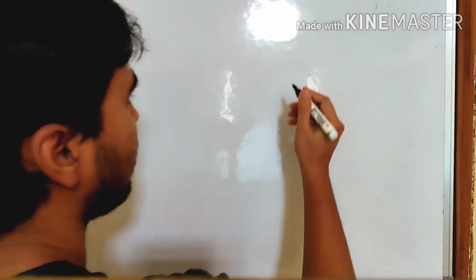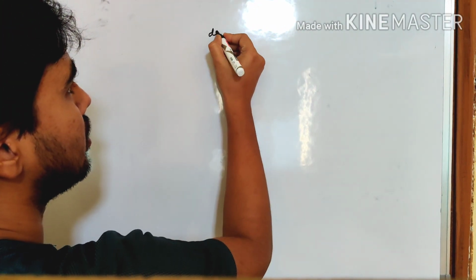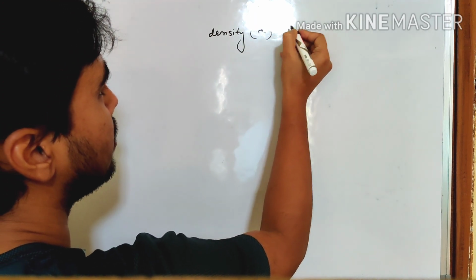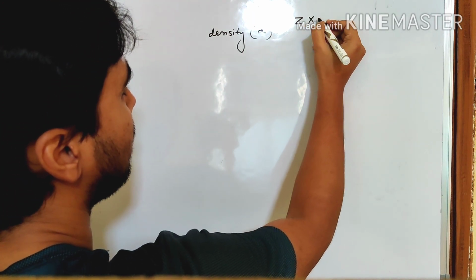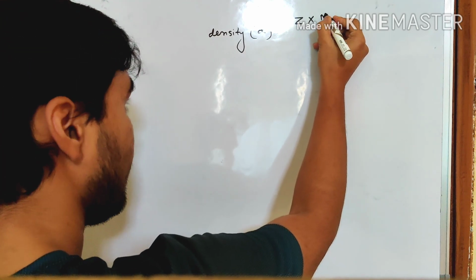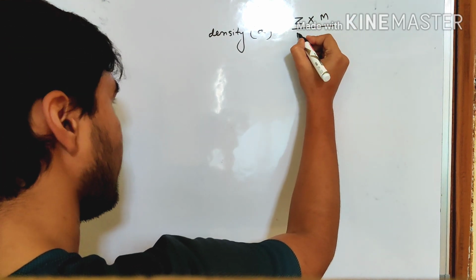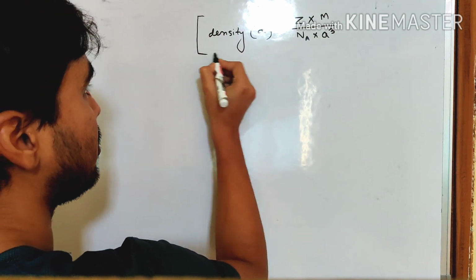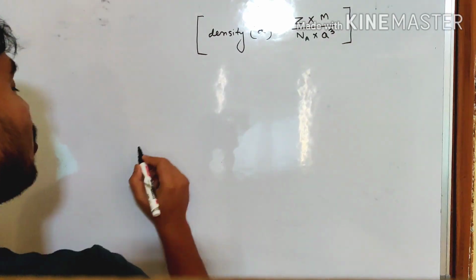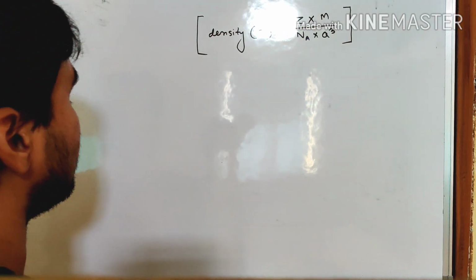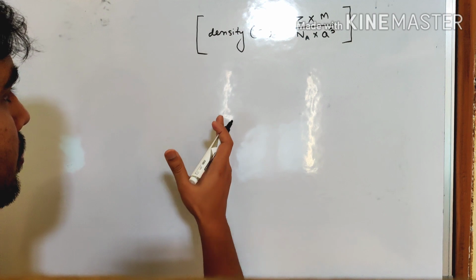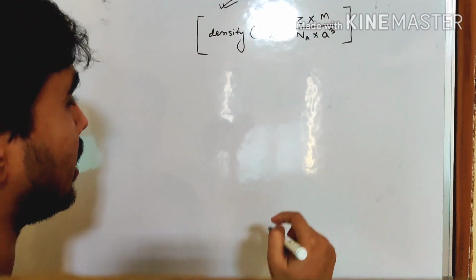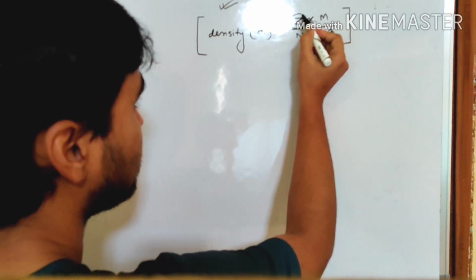Remember, the working formula for the density of unit cell is D is equal to Z into M divided by NA into A cube. So based on this formula today, mostly we are going to solve most of the problems. So let me write down the first problem, then we are going to solve it. Remember, today initial problems will be based on this. Let me remind you, this is the number of atoms in a unit cell.